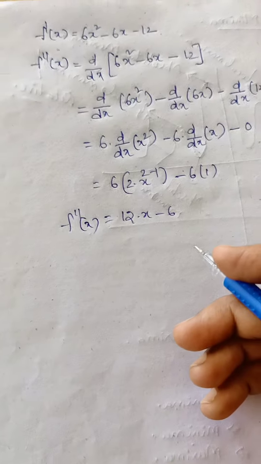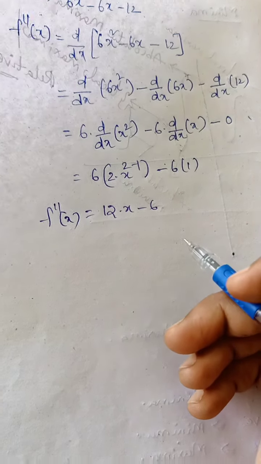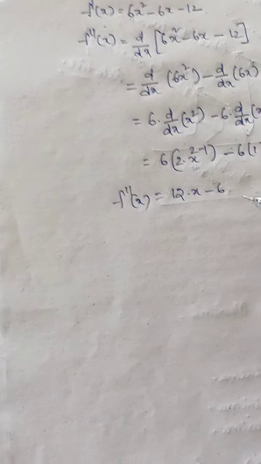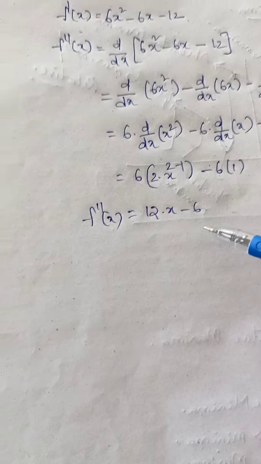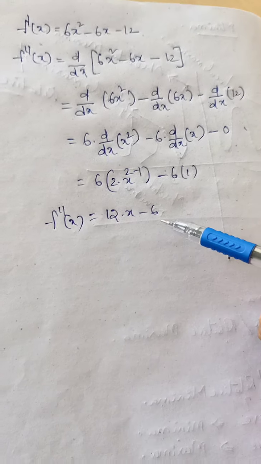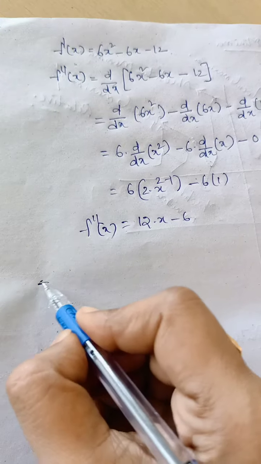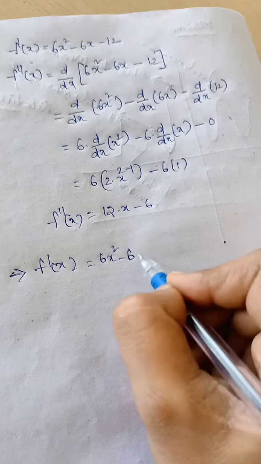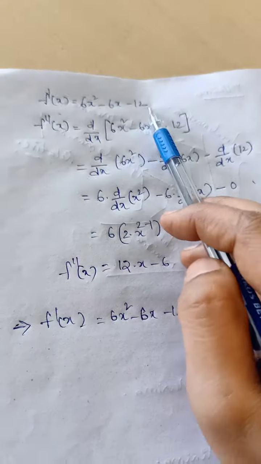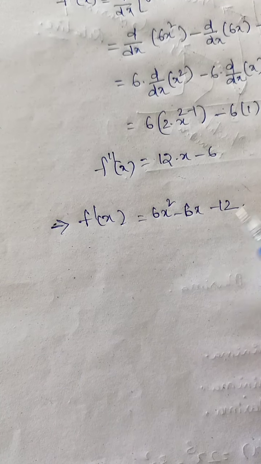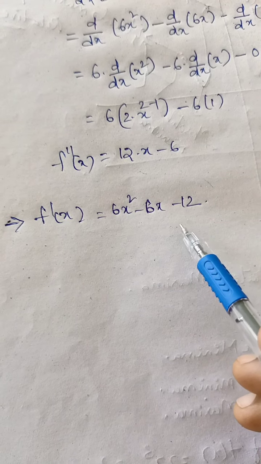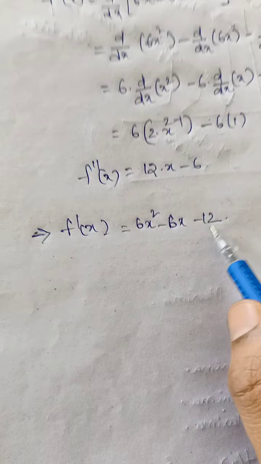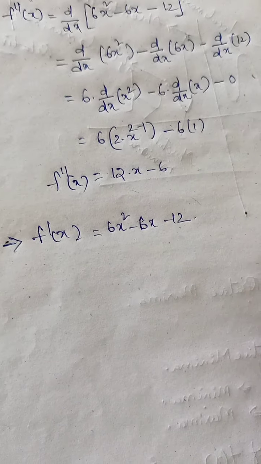So here in this formula we have to identify the minima value at x equal to which value. This is f dash of x, this is f double dash of x. So we have to find the minima. We can take the factorization for f dash of x. First take the f dash of x value: f dash of x equal to 6x square minus 6x minus 12. For this function we can go for the factorization, that means we have to identify the x values. So how can we do the factorization? 6 into minus 12.